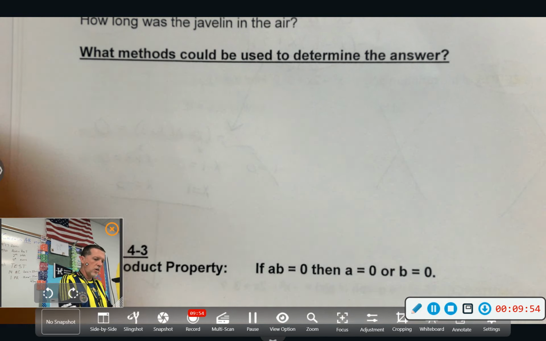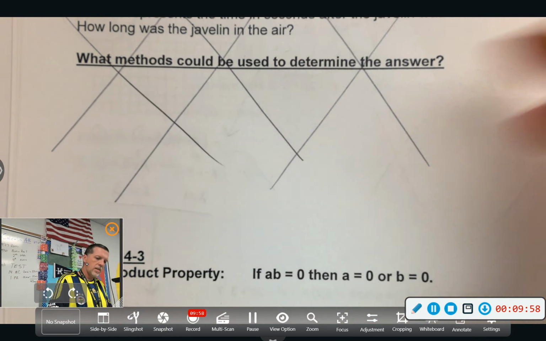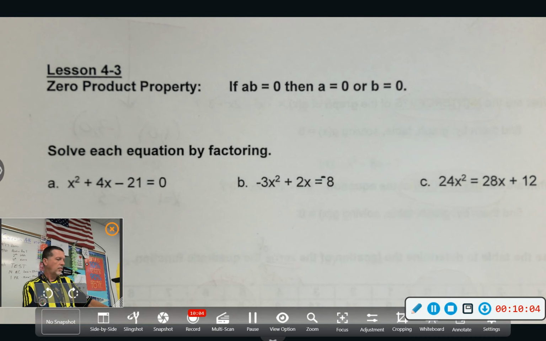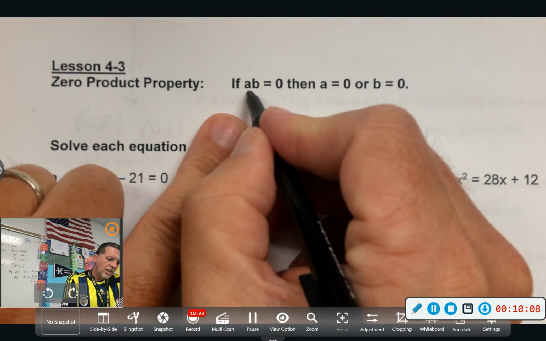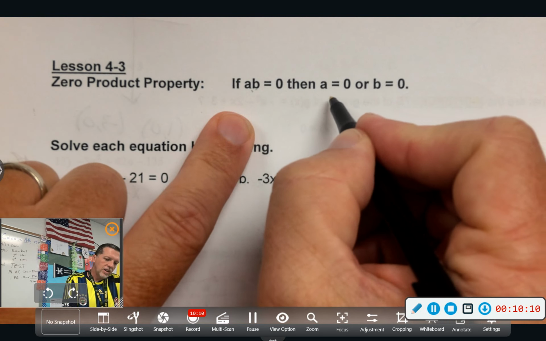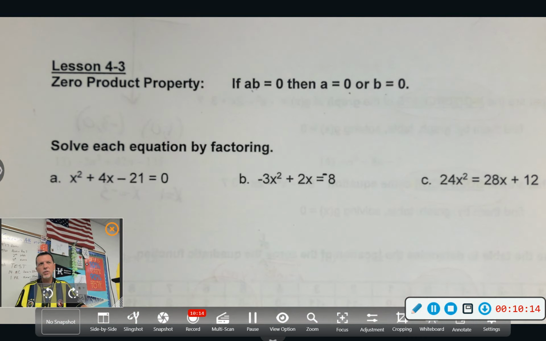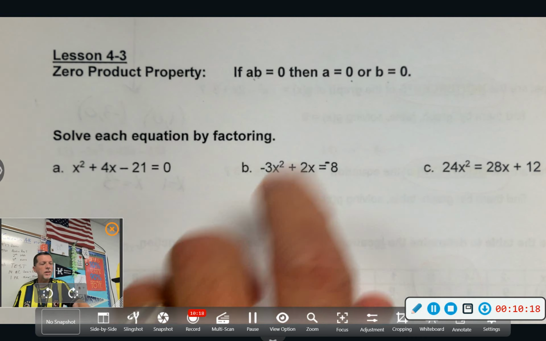All right, we're going to throw out this word problem. Let's talk about the zero product property. I feel like this lesson's a little out of order because we've already used this. If A times B equals 0, then either A is 0 or B is 0. Right? If you're multiplying two things and the answer is 0, the only way that can happen is if one of the